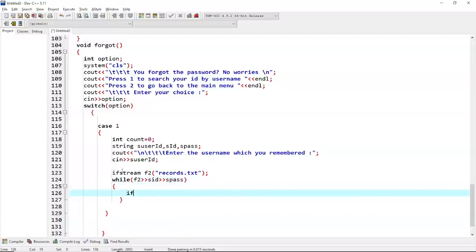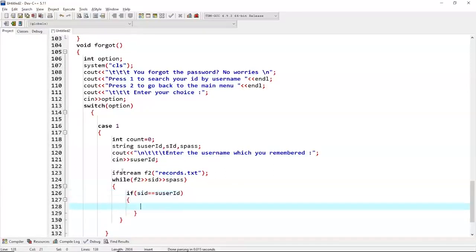So now if sid equals suserID, then count equals 1. So we will assign 1 to count, and after that we will close the file,